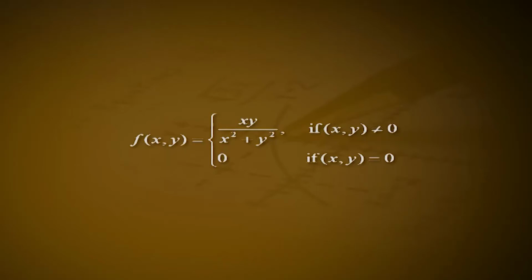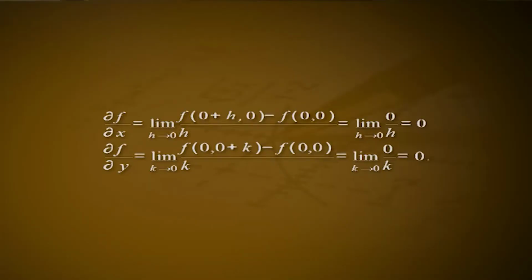Example 4. If f(x, y) = xy divided by (x² + y²) if (x, y) ≠ (0, 0), and 0 if (x, y) = (0, 0). We can show that the function is not continuous at the origin even though both the partial derivatives exist thereat. Putting y = mx, we see that the limit of f(x, y) as x tends to 0 is m divided by (1 + m²), so that the limit depends on the value of m, that is on the path of approach, and is different for different paths followed and therefore does not exist. Hence, the function f(x, y) is not continuous at the point (0, 0).